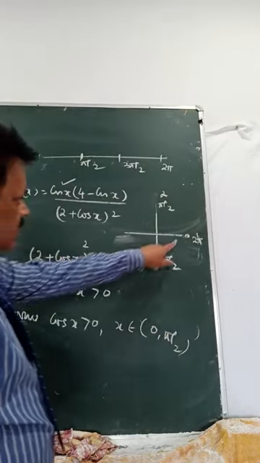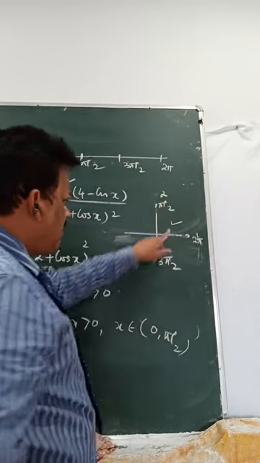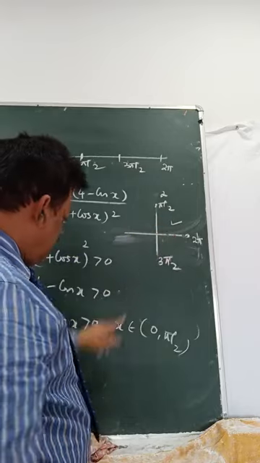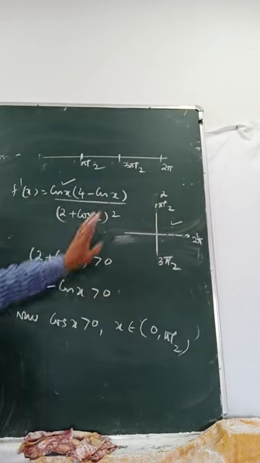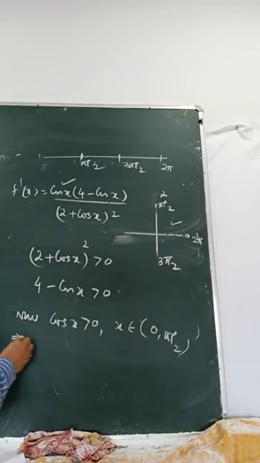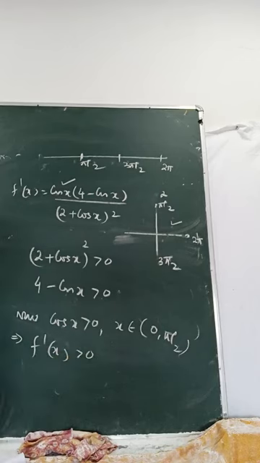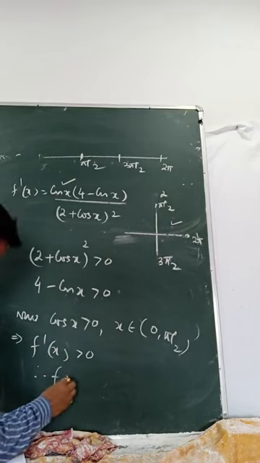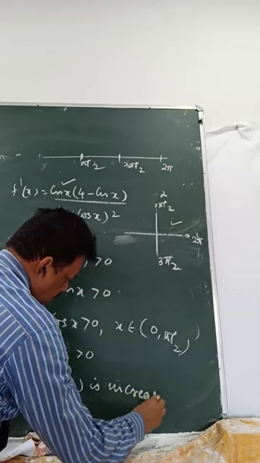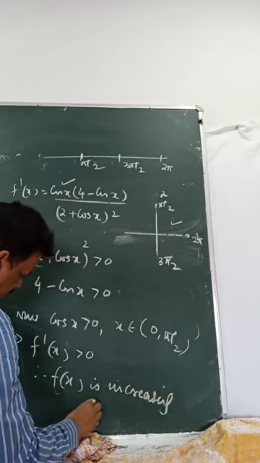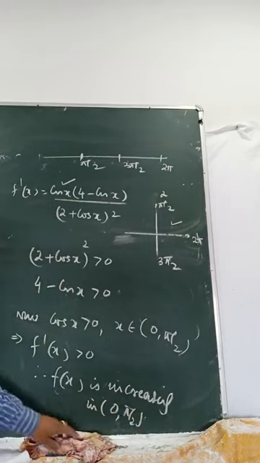Look, 0 to pi by 2 is your first quadrant. Any point which lies here, cos is positive. That means all the three parts became positive. Implies our f dash x is greater than 0. Therefore, f x is increasing in 0 to pi by 2. First part. Second part,